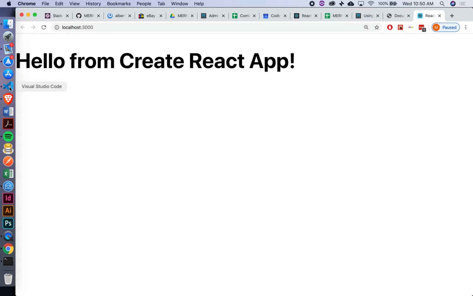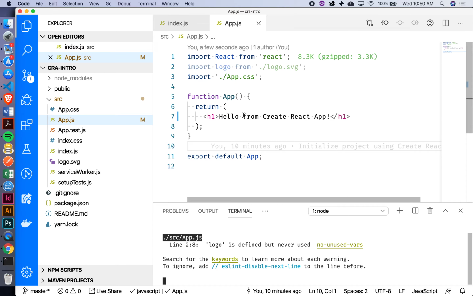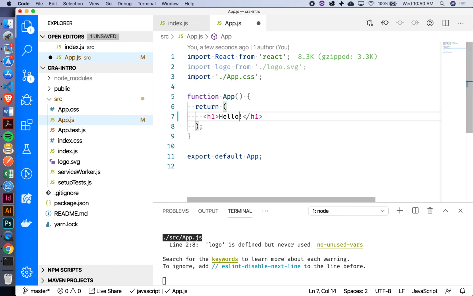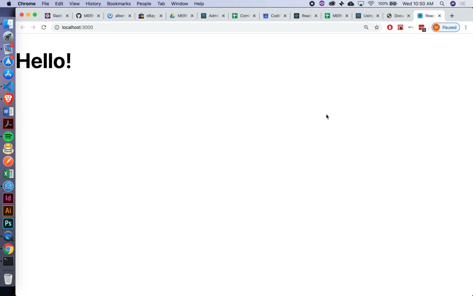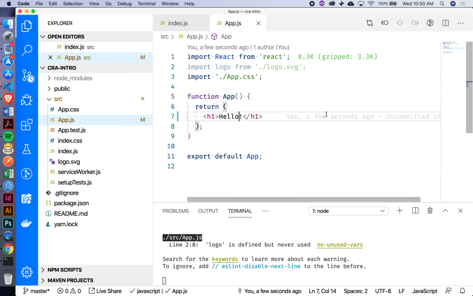Now watch this. If I change this text at any point and save it, boom. Did I even refresh my page? So that's what I mean when I'm talking about hot reloading. It's just happening like that, without me really doing anything other than just saving the file. Pretty sweet, right? Okay, cool. So this is as simple as it gets. We just have this app function, and all we're doing is we're returning some JSX